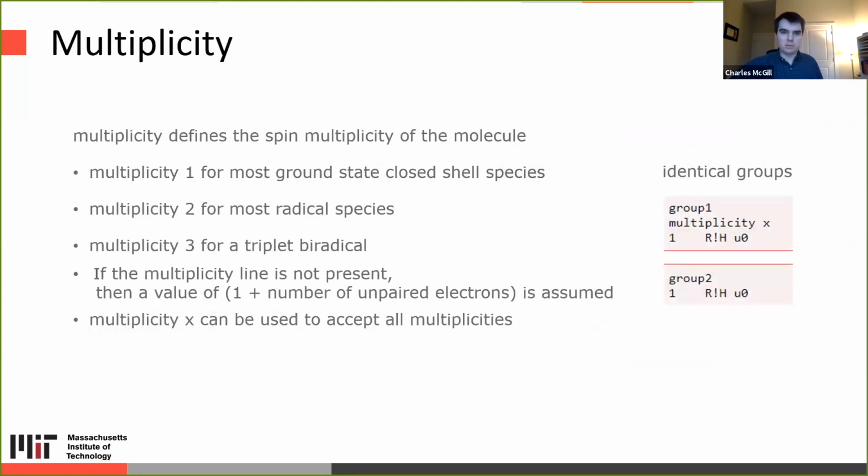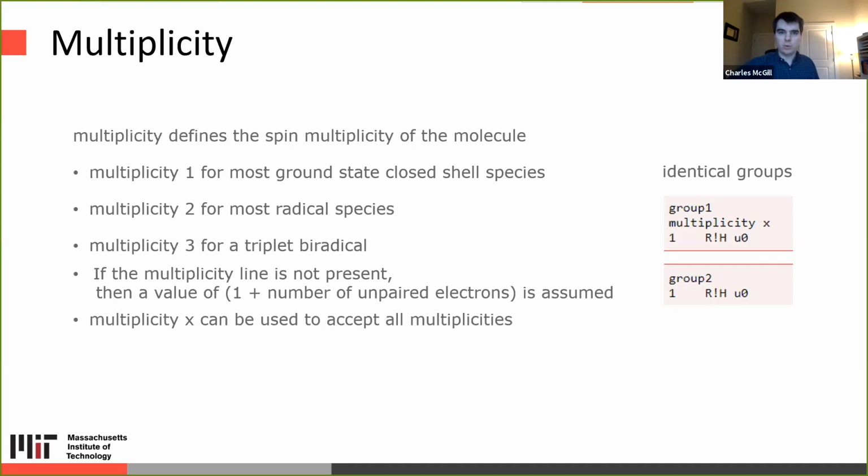Now, I mentioned multiplicity there. That's worth going back and specifying. Multiplicity is referring to the spin multiplicity of the molecule. Multiplicity 1 is for a molecule existing in the closed shell. All of its electrons are in fully completed bonds or in paired lone pairs.